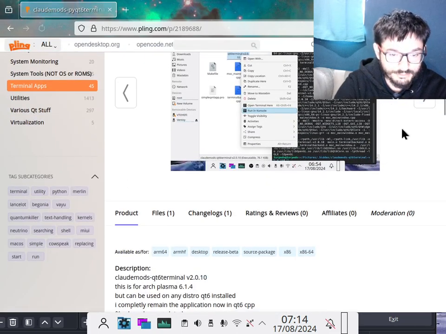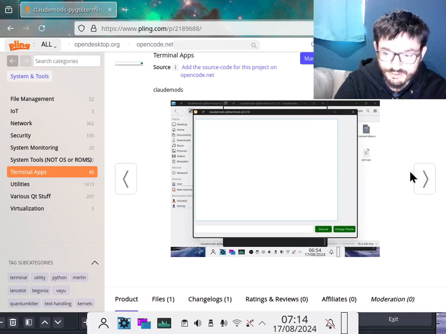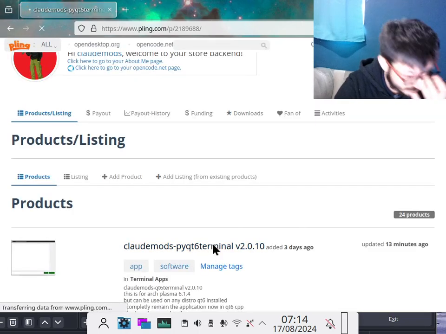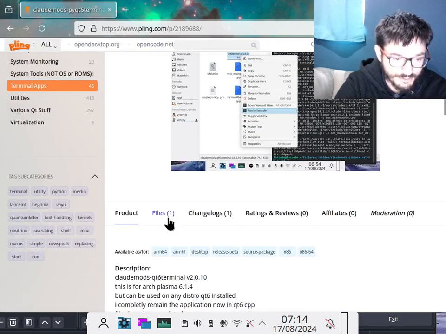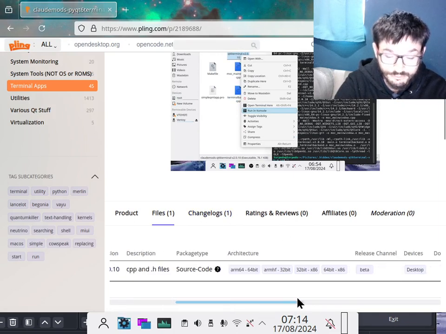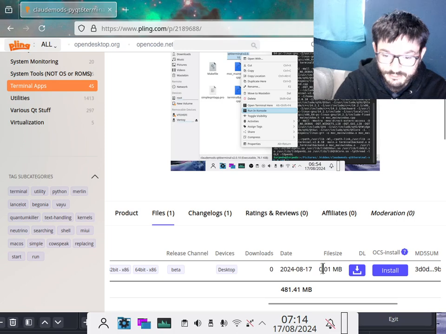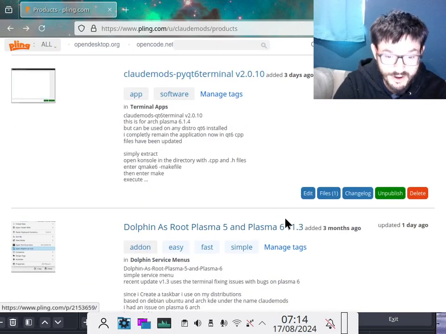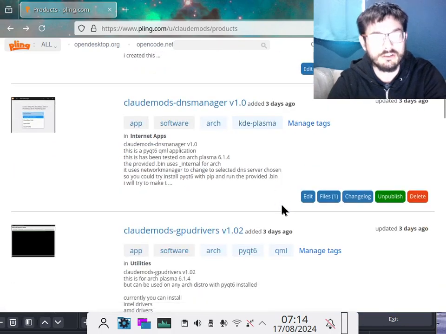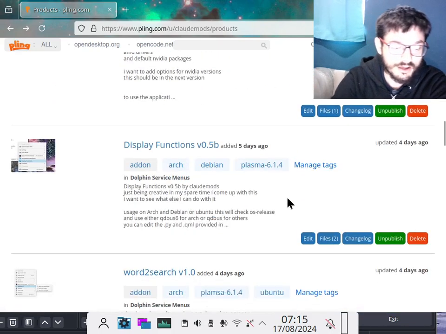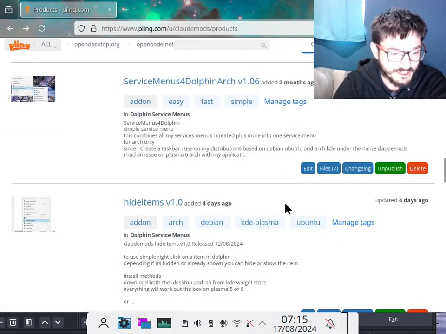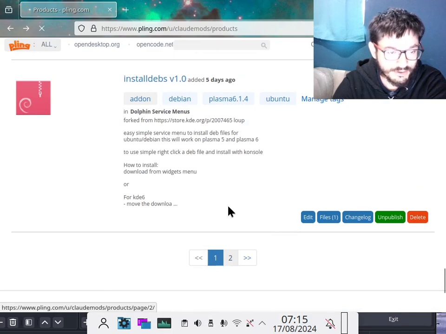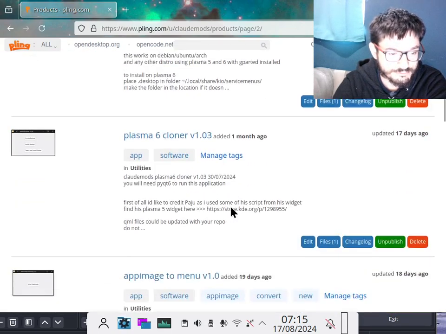But this is what I've just updated to C++. We've got a short picture here and some of the files that are used. And you can download it, which the file used to be about 500 megabytes, which is a prime example of why not to use Python. And now if you look at it, it's just a short little 1 megabyte. If that, it's 0.1 of a megabyte. So we've got all these different applications and menus and widgets that I make. And since learning C++, maybe C++ is the way going forward for some of these, if not most of these.